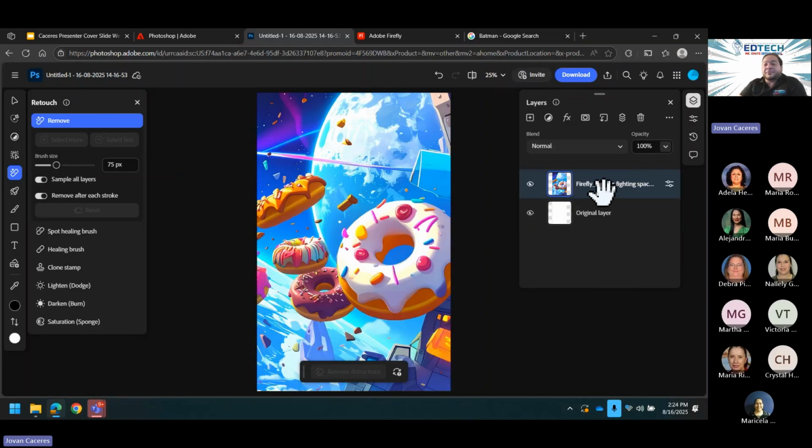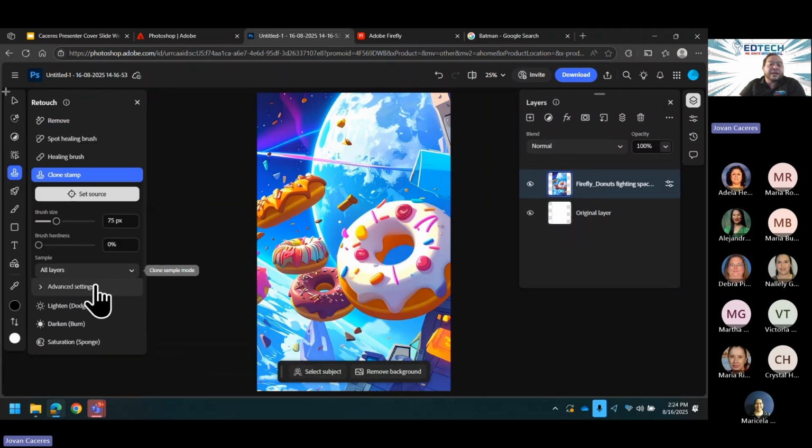So, going back to it. Here's the original image. We have the donut here, right? Awesome, great. Well, let's say we want to add another donut. Oh man, clone stamp. Clone stamp has always been one of my favorite tools for a very long time, because this is the tool that allows you to actually fix